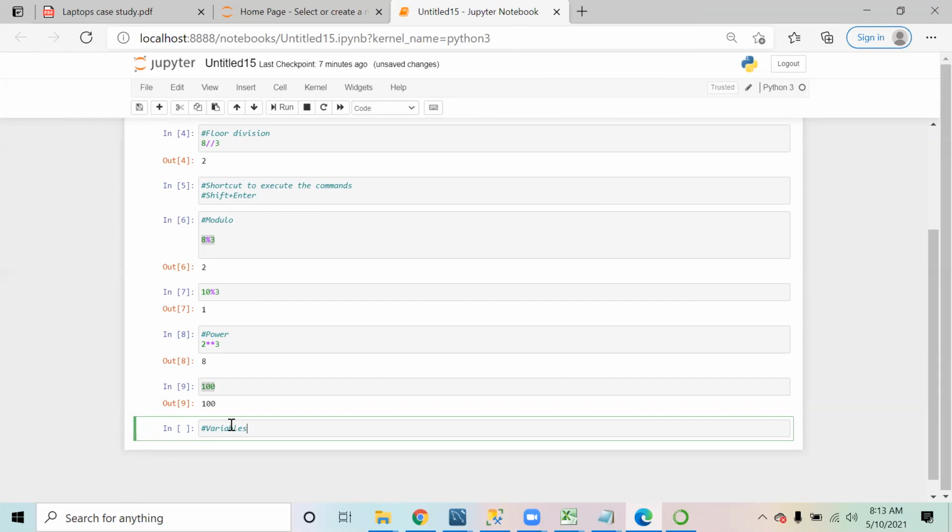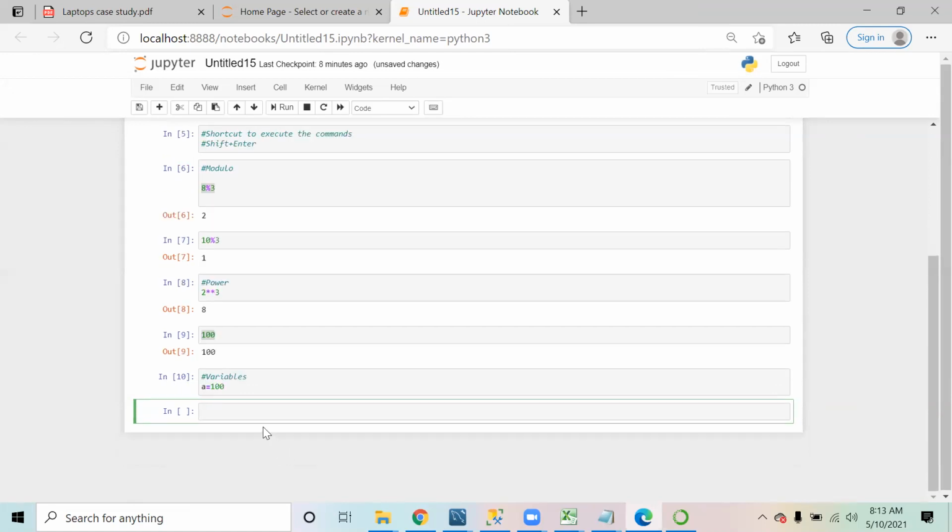Variables are temporary storage locations. If I say a equals 100, I have created a variable and stored the number 100 in it. Wherever I refer to a, I am referring to the number 100.